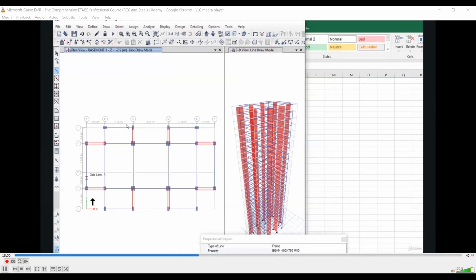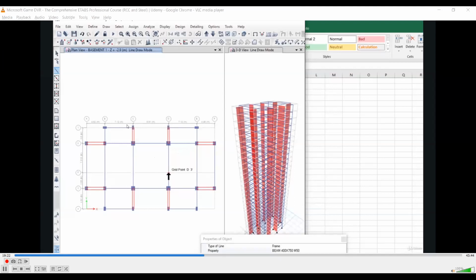So after that, we have modeled all these beam sizes. Now, as the span is quite large, we need to model the secondary beams also here. We can either draw one beam from this midpoint to this midpoint, or we can draw two beams. A single point load always gives a higher moment value as compared to two point loads on a beam. So it is always better to divide the beam into